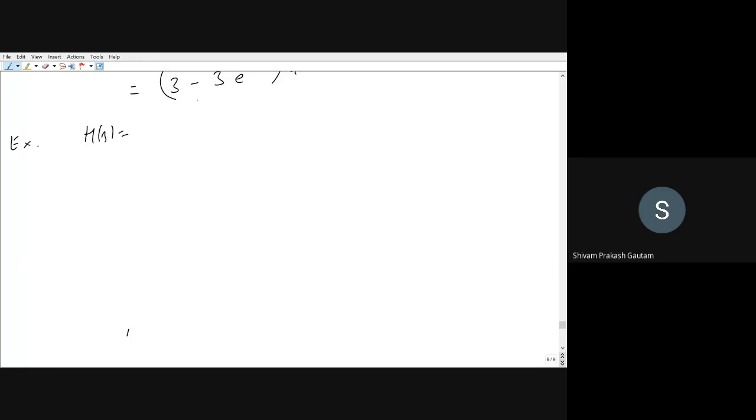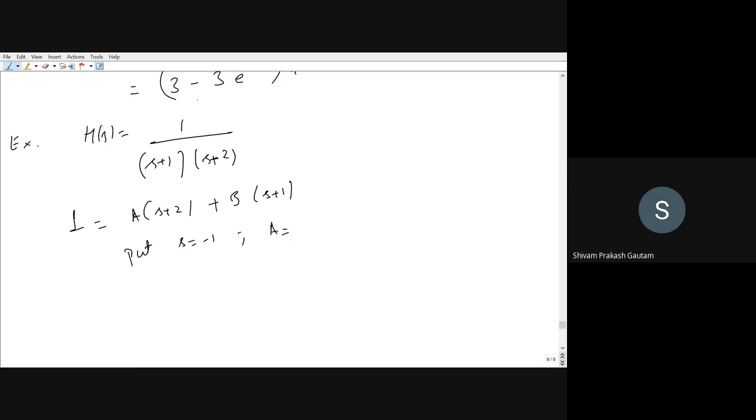Again, H(s) is equal to 1 upon (s plus 1)(s plus 2). This is again not in any of the standard formats of our common signals. So what we have to do is partial fractions. So again I'm just directly writing now. You can see 1 is equal to A(s plus 2) plus B(s plus 1). Now put s equal to minus 1. If you put s equal to minus 1, B will be 0, so A will be equal to how much? 1. And when you put s equal to minus 2, A will be equal to 0